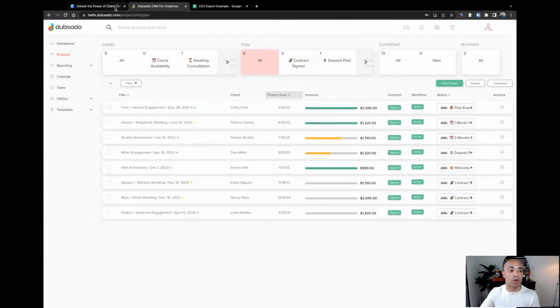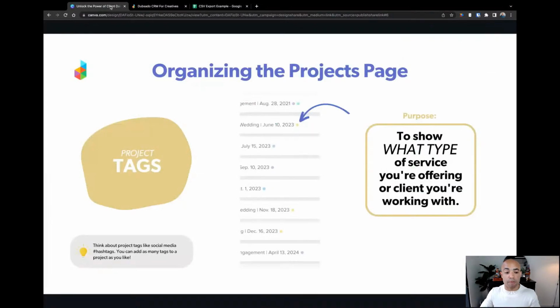The purpose of project tags is to show what type of service you're offering or the type of client that you're working with. So I always like to associate tags with types of clients.